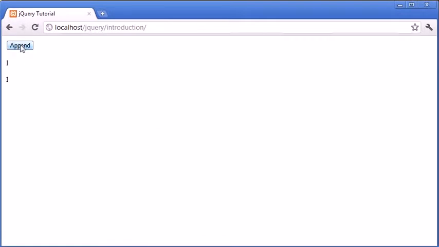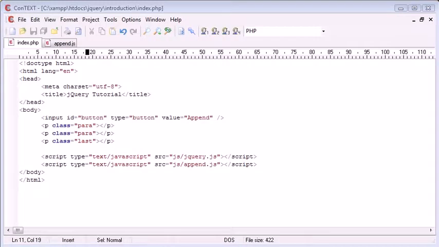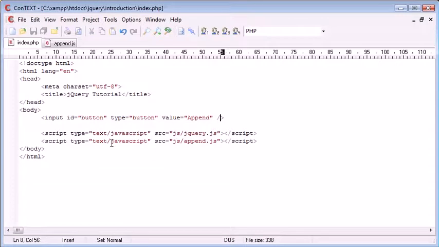So I'm going to click append, and you can see that we've got the first paragraph here, the second paragraph here, and the last paragraph, which is called last. These 2 have been called to append this value, and therefore they both have the values appended each time we press the button. Okay, so now that we've completed this example, let's take a look at a slightly more interactive,